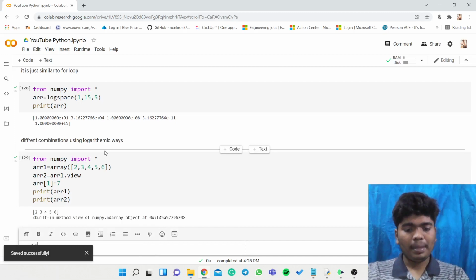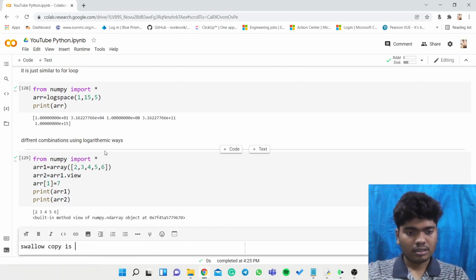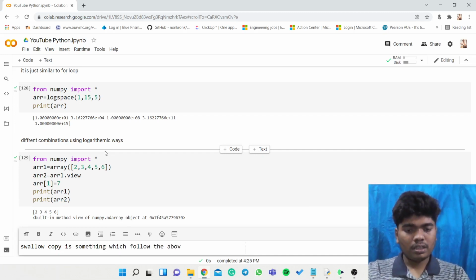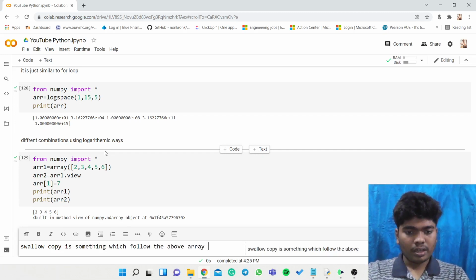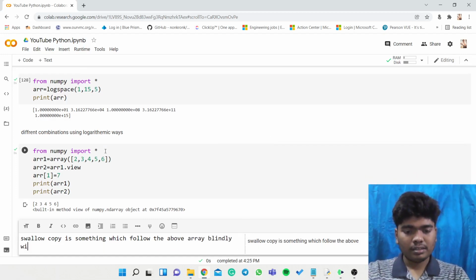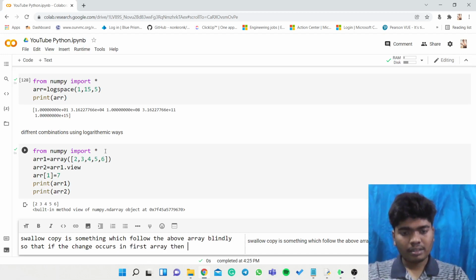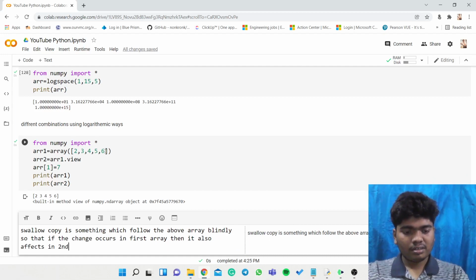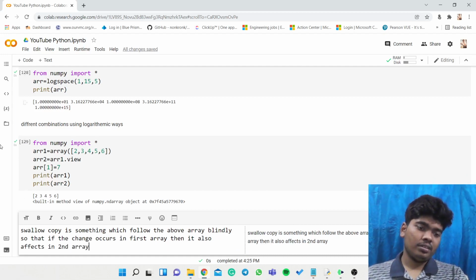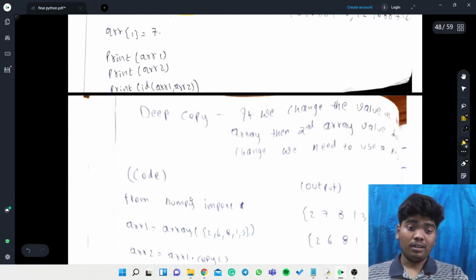A shallow copy follows the above array blindly, so that if a change occurs in the first array, it also affects the second array. This is what we can learn from the shallow copy.